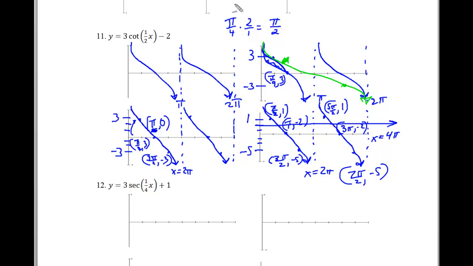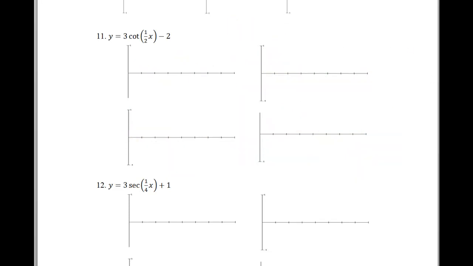All right, one more problem to go, and you've been holding on really well. Let's go take a look at a secant problem. We had a cosecant problem at the top of the page, so now let's rock a secant problem. There is going to be an asymptote line at, sorry, not x, at pi over 2. So every pi over 2 plus a pi, 180 degrees, there will be an asymptote line. So what this is going to give us, oh man, I forgot to do my domain